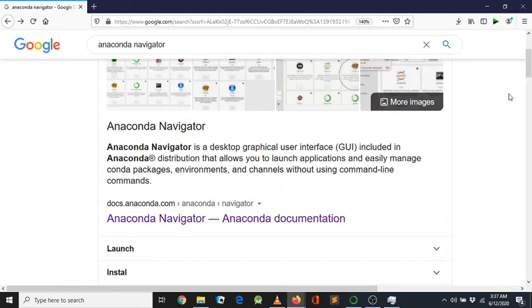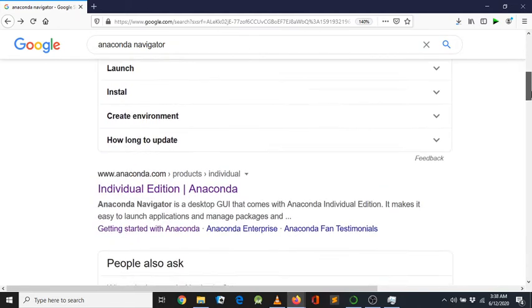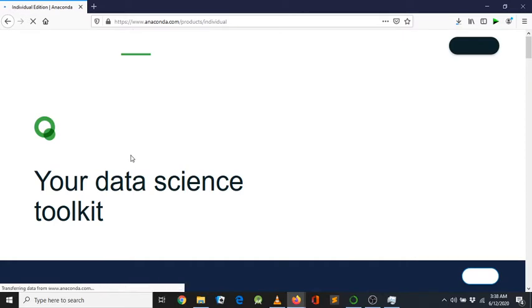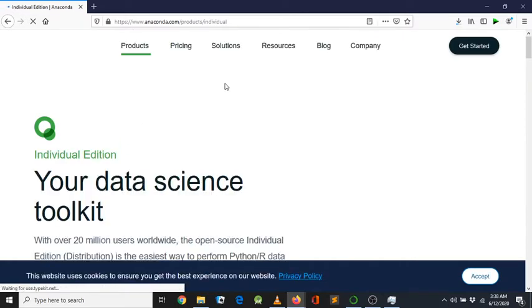So when we scroll down to where you can find the Individual Edition of Anaconda under the www.anaconda.com website, which is the actual website for Anaconda, I click on Individual Edition. Just give it a minute, and as it opens up you can see your data science toolkit. So it's basically a data science toolkit,